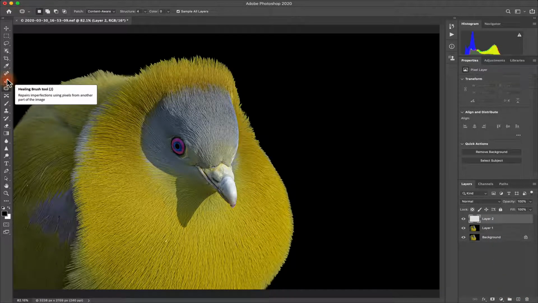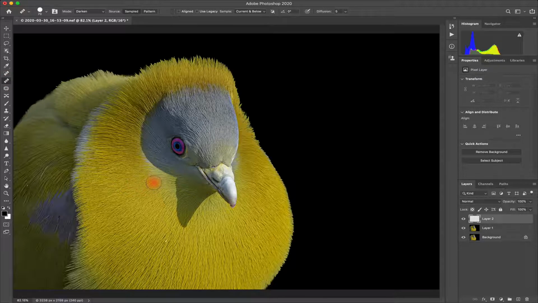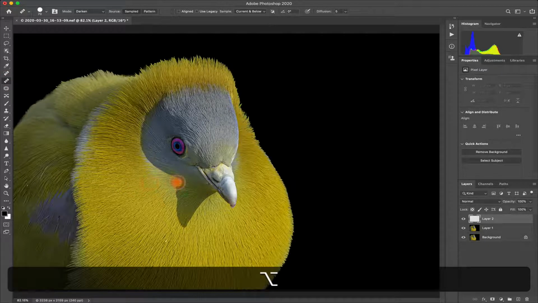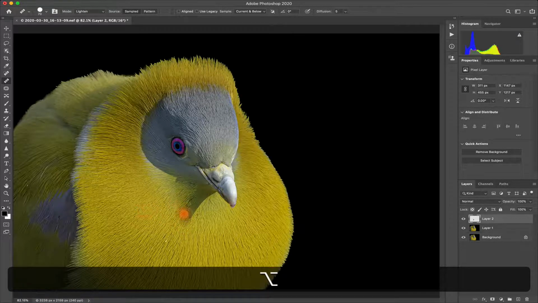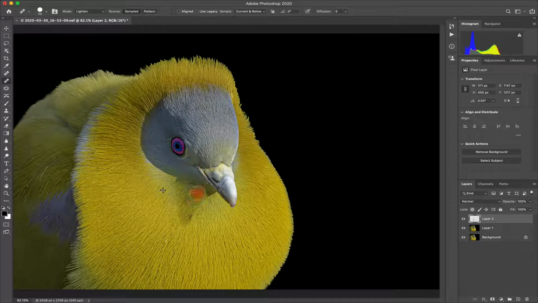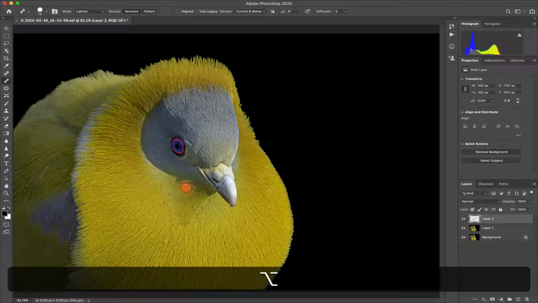Let's say we use the healing brush tool again. Option click here and drag. It does nothing for the shadow because we have it on darken. Let's say lighten. And we change the source here, and we go about lightening out the shadow. And once again we can change the source and add some light here.